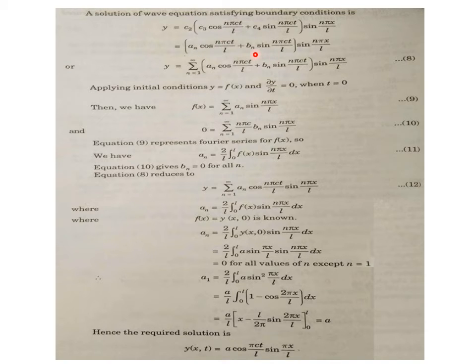So we are generalizing this solution, and if we add this solution for all separate values of n, then it becomes the most general powerful solution of the given problem. So up to this instant equation 8 is obtained, which is providing the solution, but still two unknowns are waiting to be responded to by us.